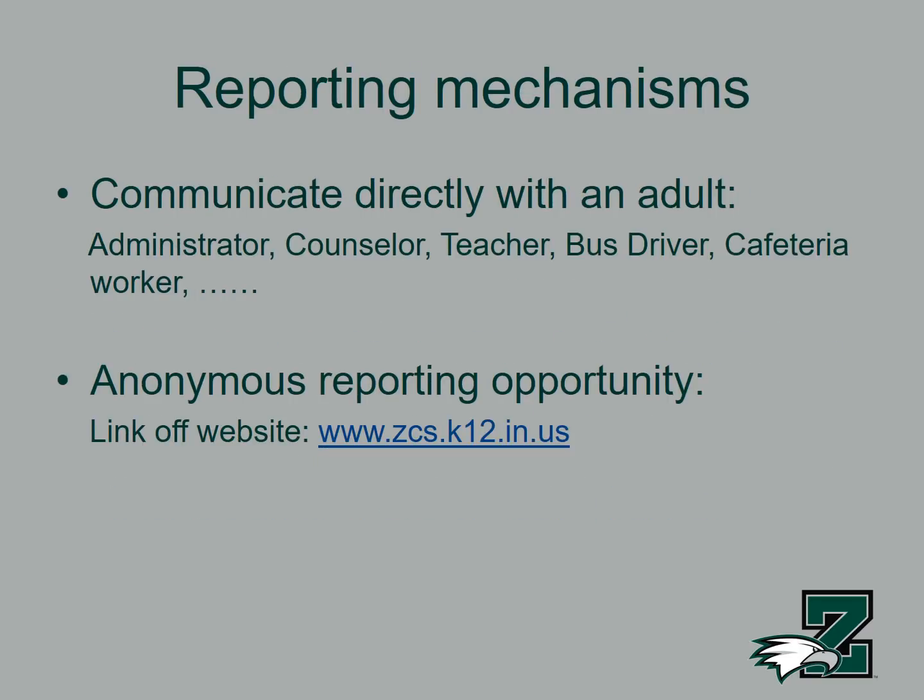If you find yourself in this situation and want to report negative behaviors that you are experiencing or that you witness, you can do so in a couple of ways. The first is to communicate the facts to a trusted adult. Tell someone what is happening. Do not ignore or accept the behavior as normal things that happen in high school. The second way is to anonymously report through the website. You will find the Report It feature under the Students tab on both the district and the Zionsville Community High School websites.